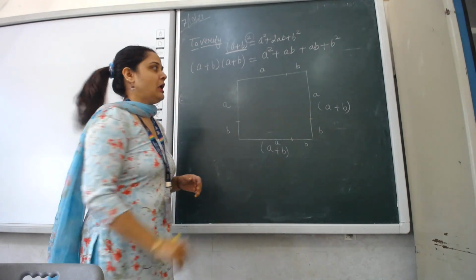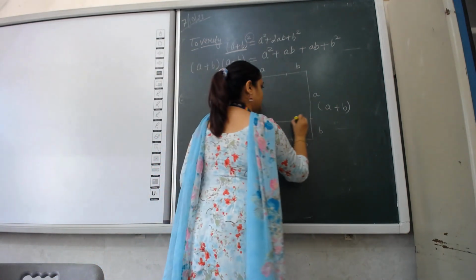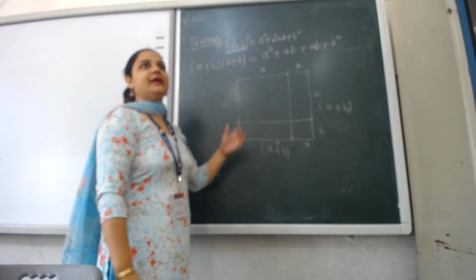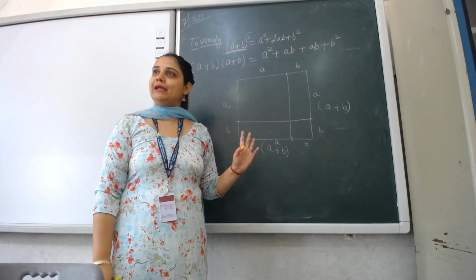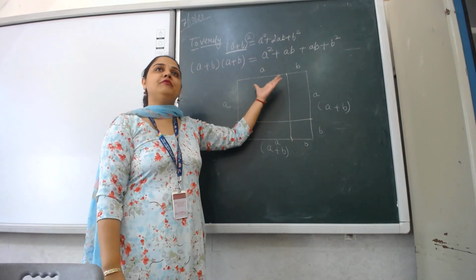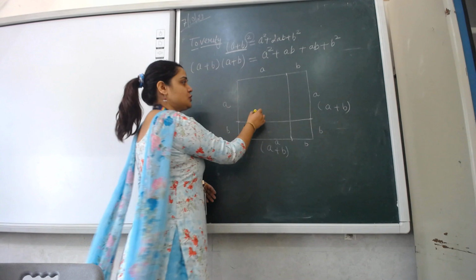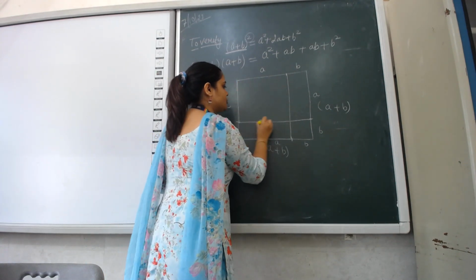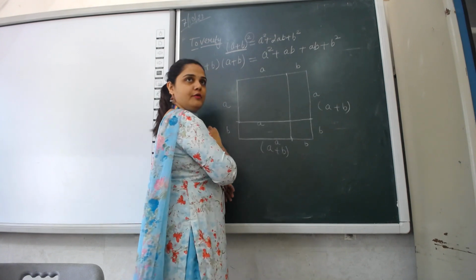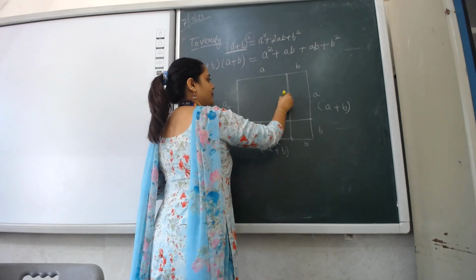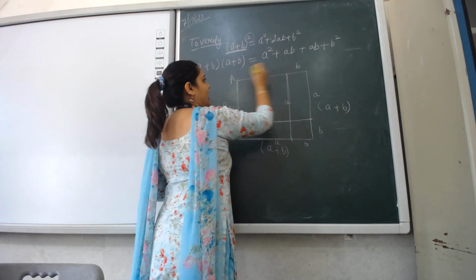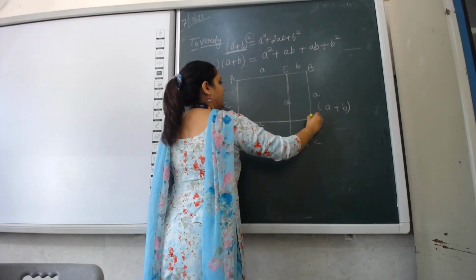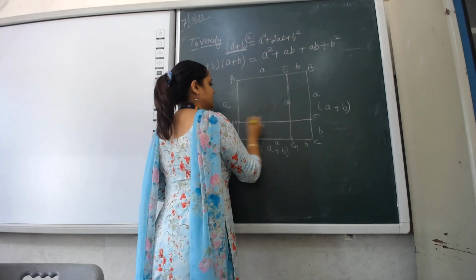Clear है सबको? Now see, try to join these points using vertical and horizontal lines. We are getting 4 parts of the surface, right? We are getting 4 parts of that previous initial square. Look at this one. If this is a, since this is a, it will also be a. It will also be a, and this is also a. So if I am calling the bigger one A, B, C, D, and then I am calling it E, F, G, H, and this is I.